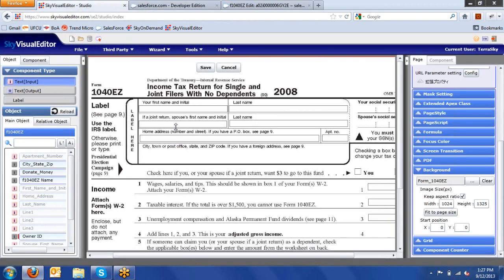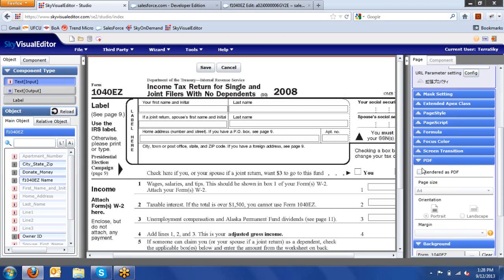Inside of our tool, once you have the page opened and already finished the formatting and the layout, there is a section called PDF on the right-hand side. You can go ahead and expand that, and there is now a checkbox to say Render as PDF. So go ahead and click the checkbox. You then get to select whatever formatting styles you'd like on there, and then you can save this and redeploy